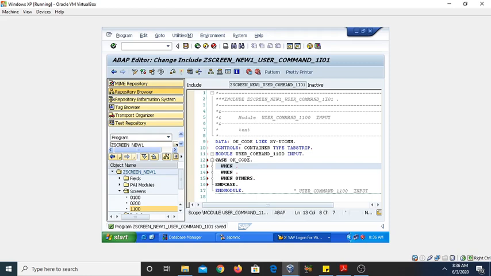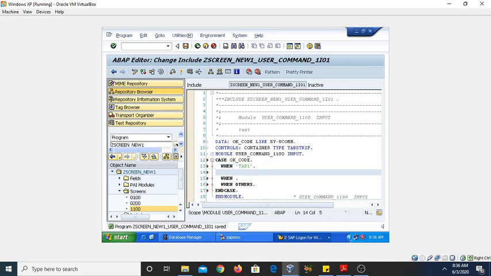When the user presses the first tab, tab 1, we have assigned the function code tab 1. What will it perform? This will be defined like this: container, and then active tab will be tab 1.